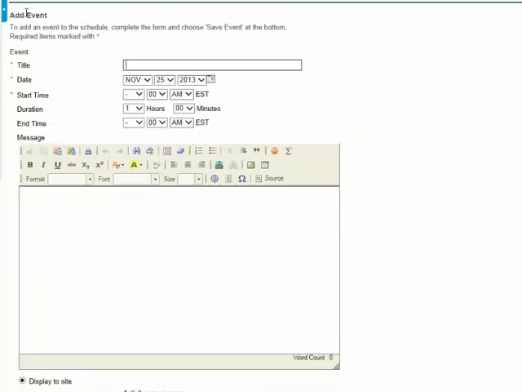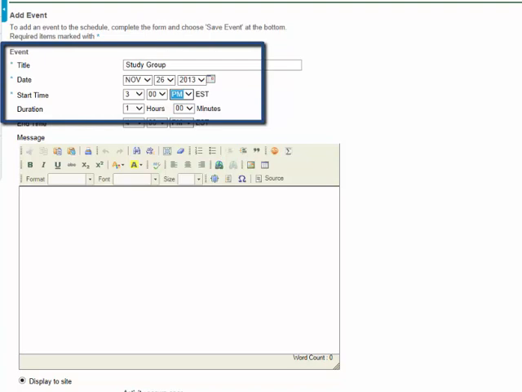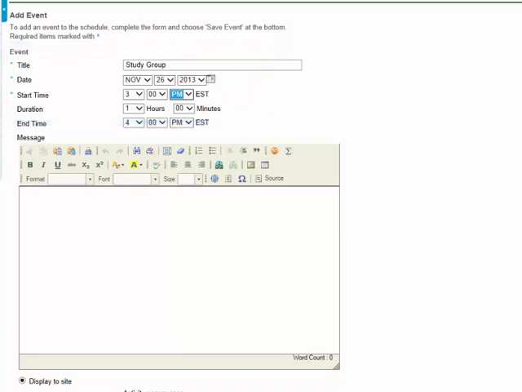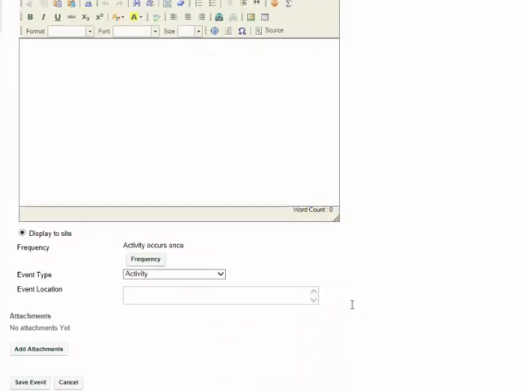You can use this to add additional due dates, class meetings, study times, tutoring appointments, or personal events. When you add an event, you must enter a title, date, and start time. You can then set the duration or end time and enter a message or description of the event. You can also change the